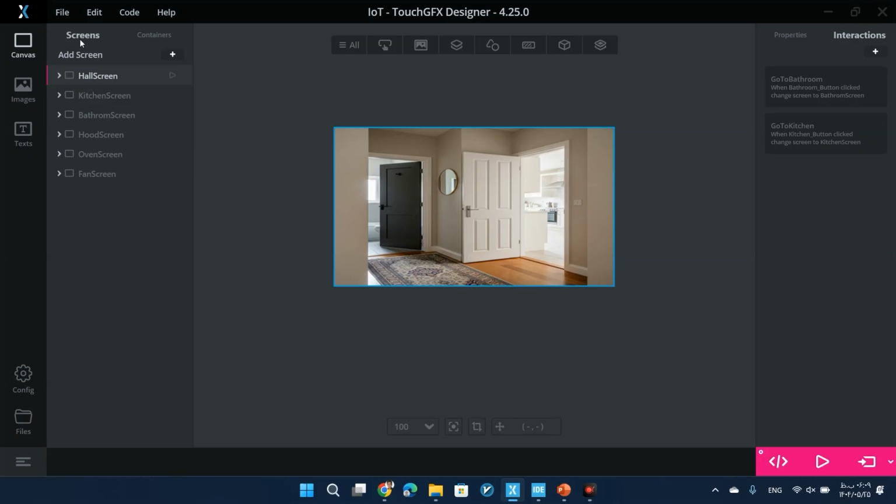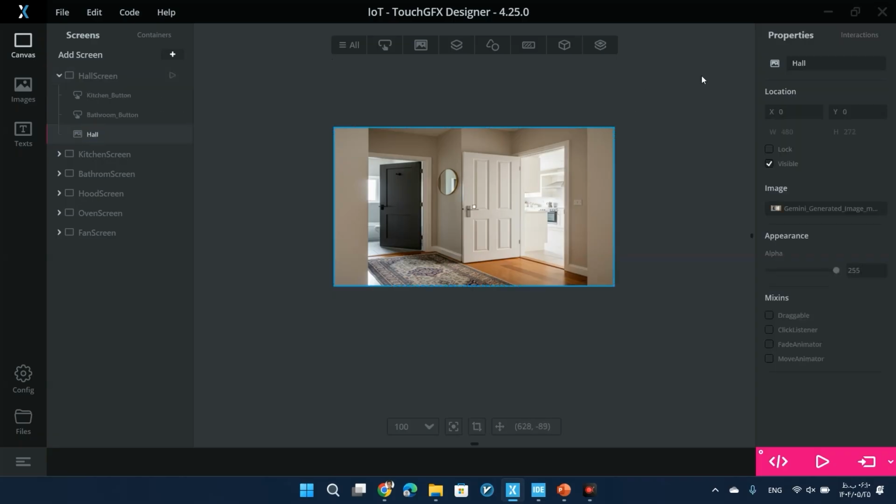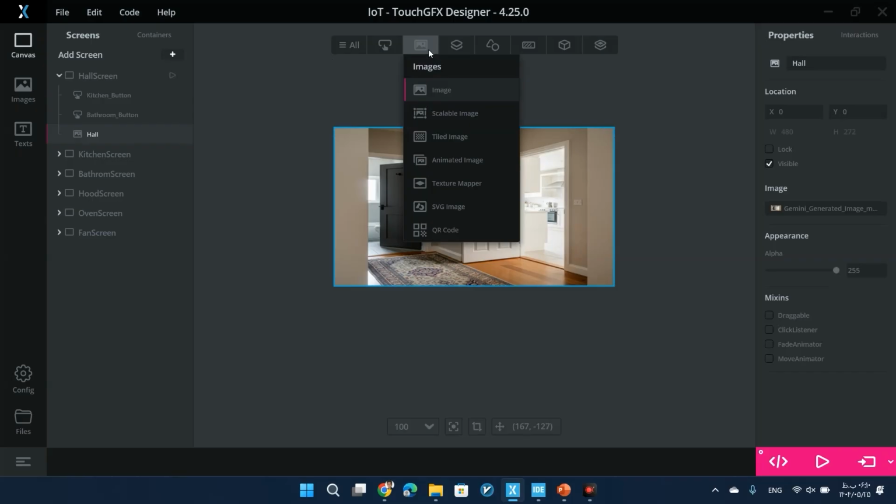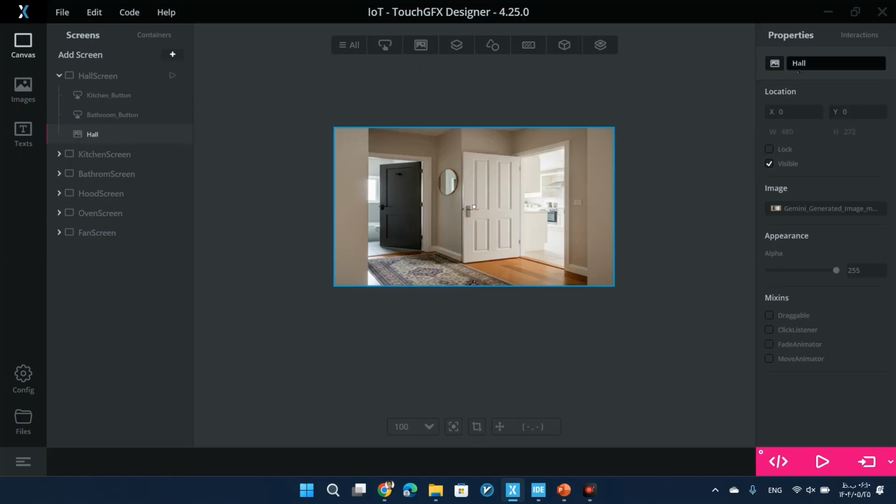First, I created a screen and I called it Hall Screen. Let's check the components of this screen. First, I added an image to this screen. You can find it from here. And I called it Hall. And I selected an image for it,